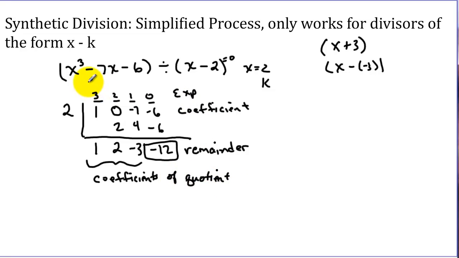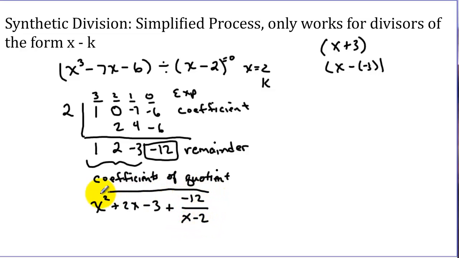And they are going to be 1 degree less, because we took here x cubed and divided it by x, so we're going to be getting an x squared. So this is the coefficient 1 degree less than this. So in this case, it's going to be x squared plus 2x minus 3. And then our remainder, which again we put as a rational function over what we divided by, which was x minus 2. So this is our result